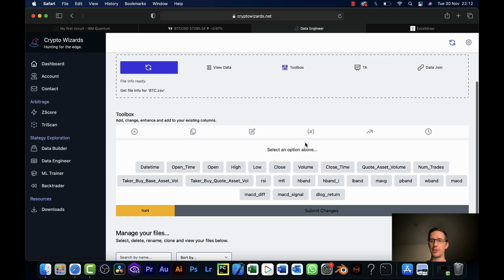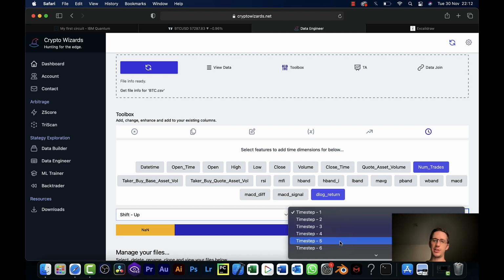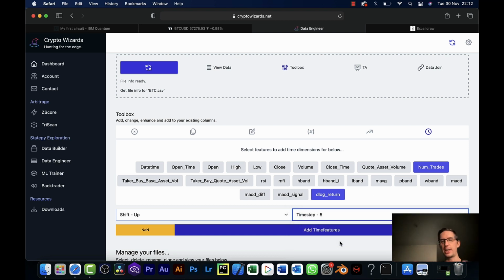But the first thing I want to do is add on maybe the number of trades in the daily log return. I'm going to hit this time clock. What this allows me to do is add in the sequence. So in the data, I'm going to add in what was the previous day, what was the day before that. And when I say day, sorry, I actually mean hour, because we're running hourly data. And I'm so used to saying day. So if I say day, I probably mean hour. But I want to look at the previous hour, the hour before that, etc.